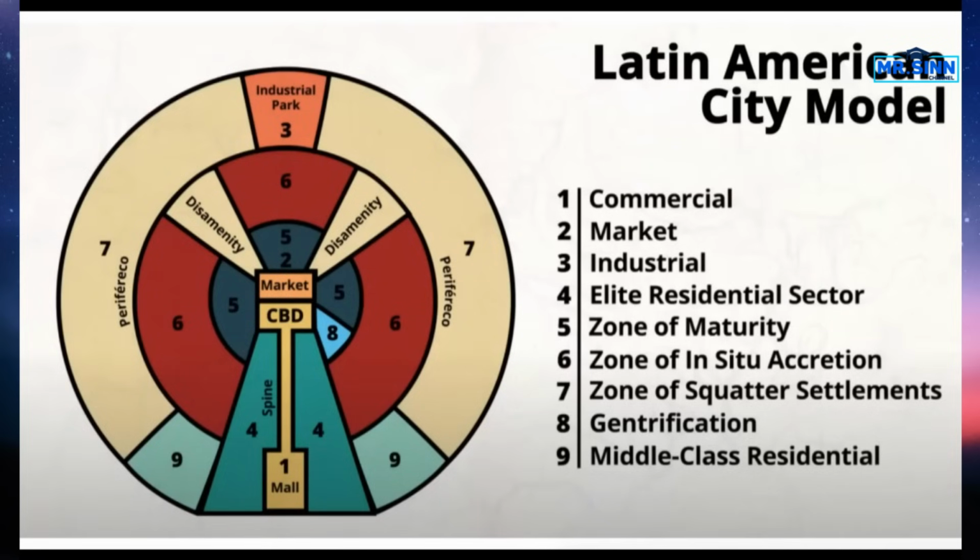All right, the next model I'm going to highlight is the Latin American city model. One thing to remember here, we can see the impact of colonization. We can see this influence of Europeans coming in, particularly with the layout here. So this market, this CBD here, during the colonial era, when a lot of cities were being set up, they were always centered around this central plaza, this square.